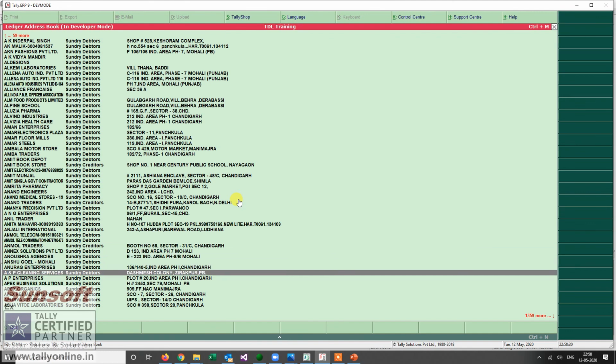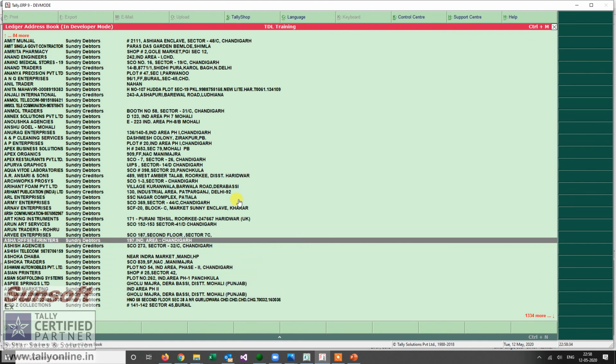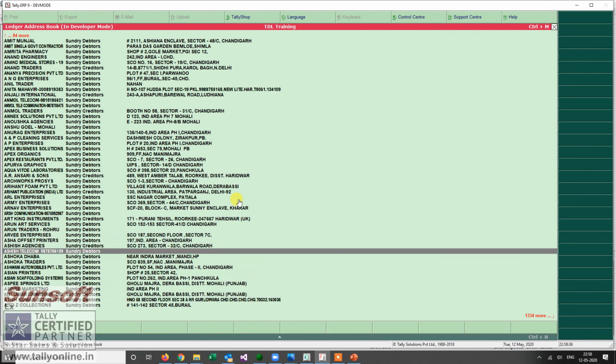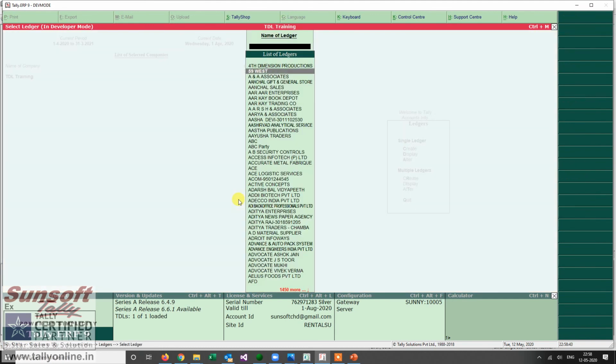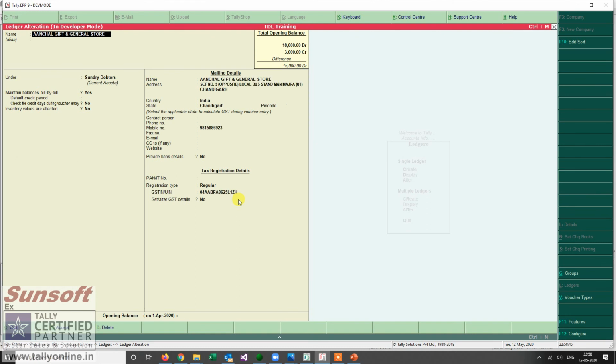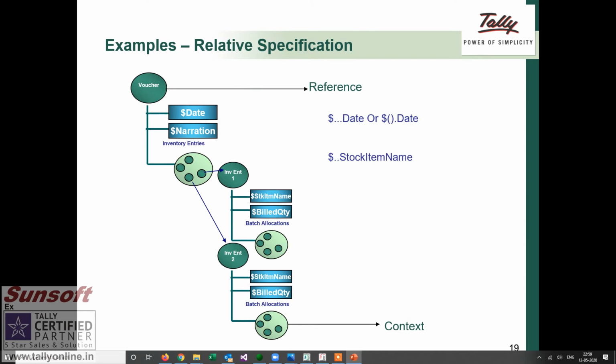But if I see, not all of the parties are having a full address. If it is a multi-line address, I take the example of Ace Logistics. Let us see what we are getting for Ace Logistics in the report.